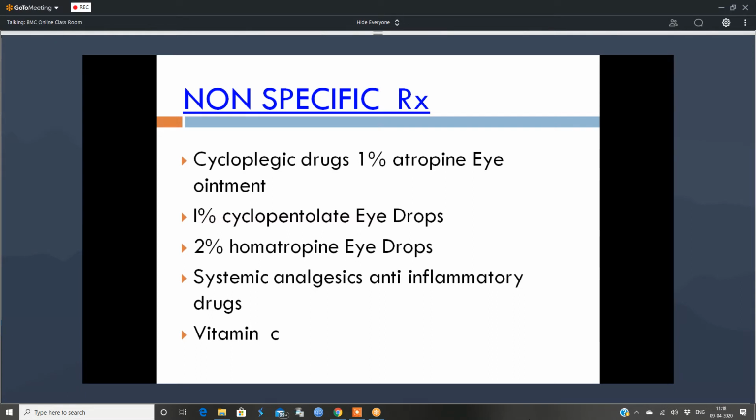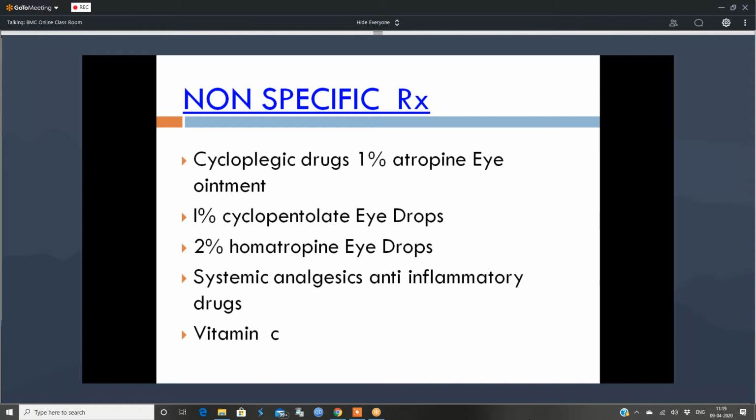See, what happens is whenever there is any kind of deep inflammation in the eye, it can be the uvea that is involved or your cornea that is involved, the ciliary body will go into a spasm. Because of this, there is severe pain to the patient. So by giving cycloplegic drugs we relieve this spasm, so the pain is relieved. Second thing is it also causes some amount of dilatation, so the blood supply improves and your defense mechanisms are able to flow better.